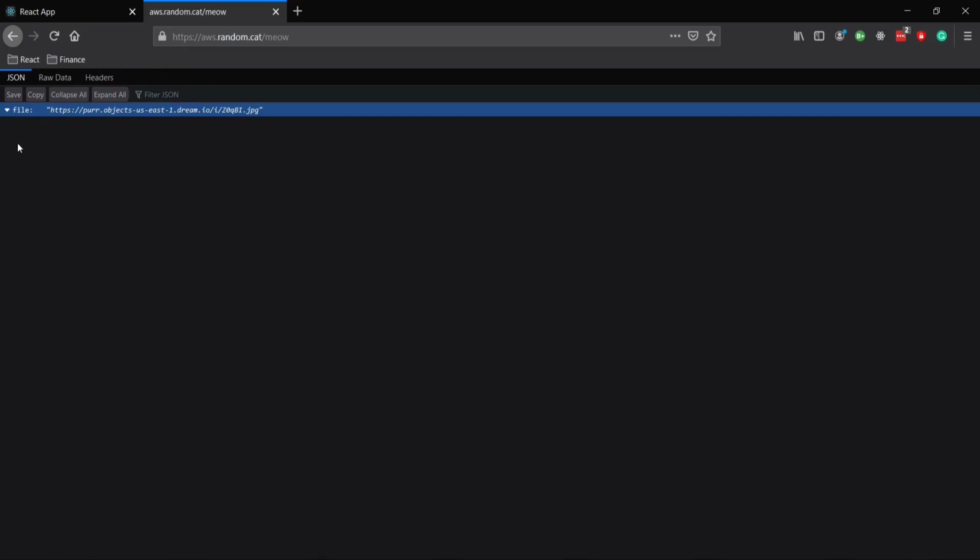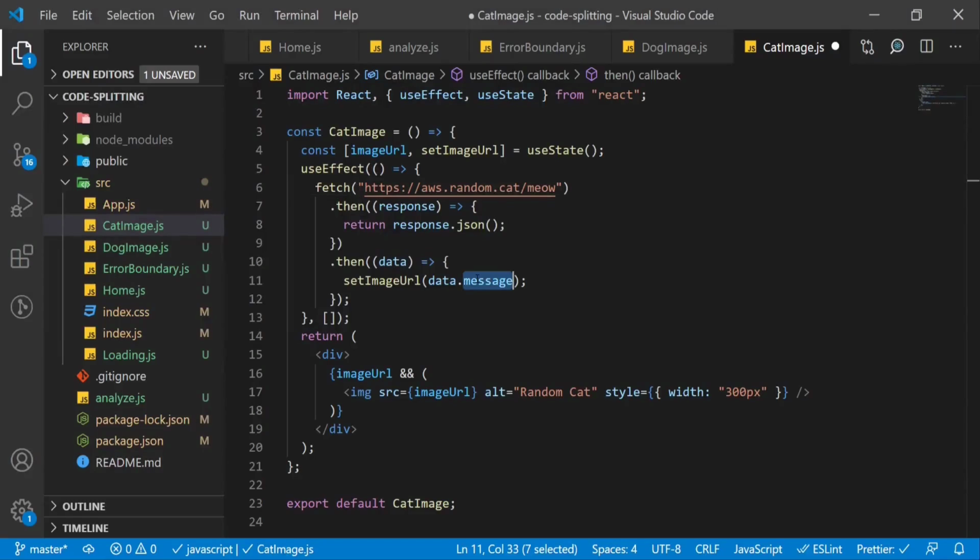And if you see here, the data we are interested in will be in the file field. So let us change this from message to file. Before including this cat image component in any of the components, let us create a route /cat and have it inside